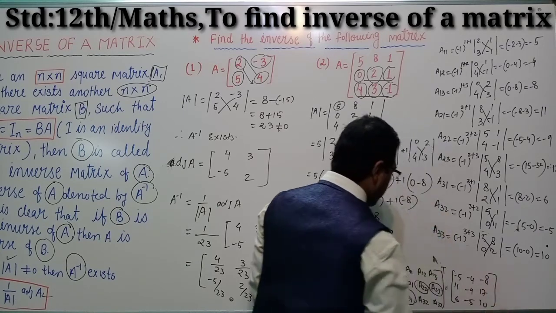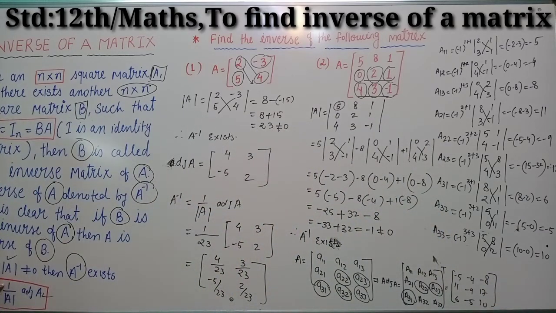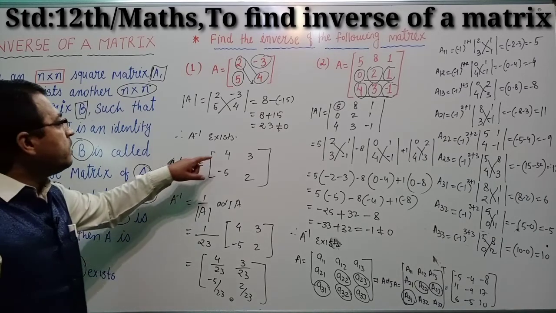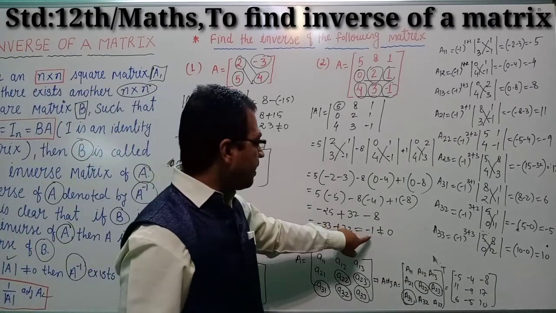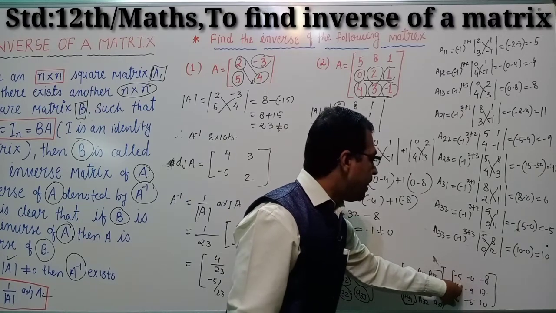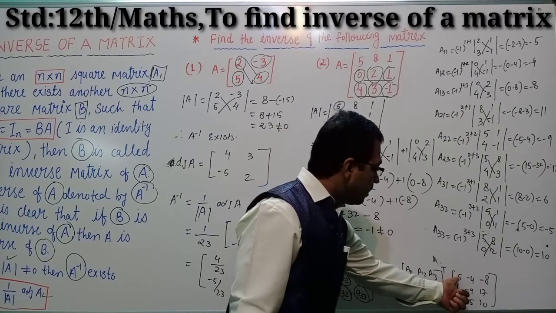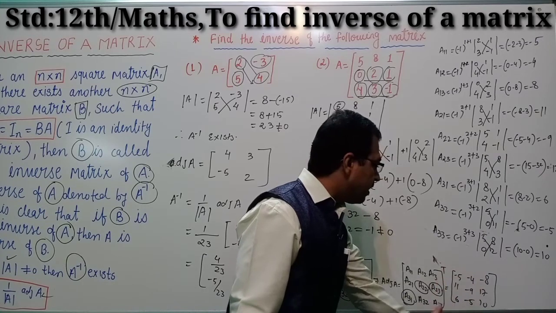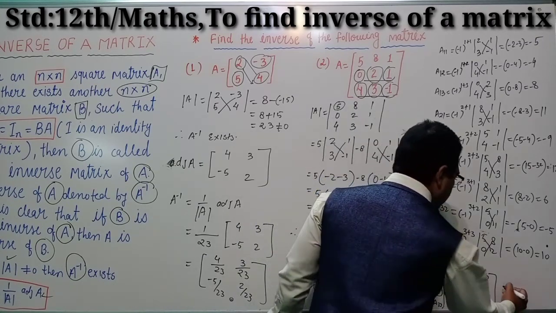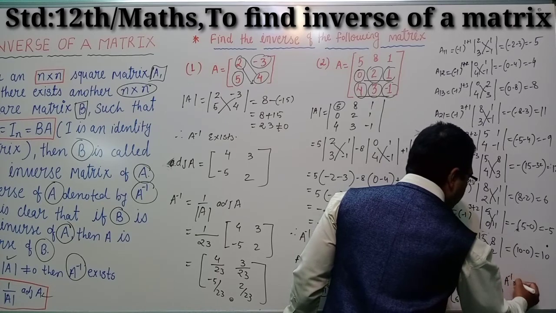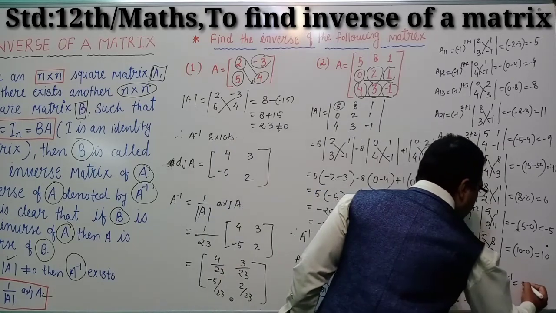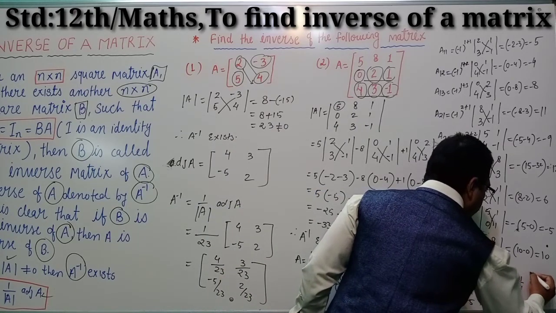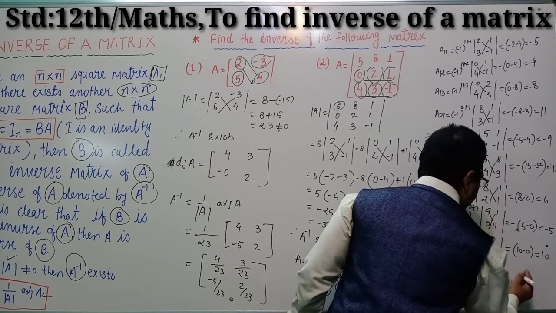So as per the definition of inverse of matrix, A inverse is 1 upon modulus A times adjoint A, right students? So you have got what? A inverse exists in this question, modulus A is minus 1. So all these elements, negative integer will become positive and positive integer will become negative integer. So first of all writing these things, A inverse is equal to 1 upon minus 1. Okay, due to less space just adjust over here.